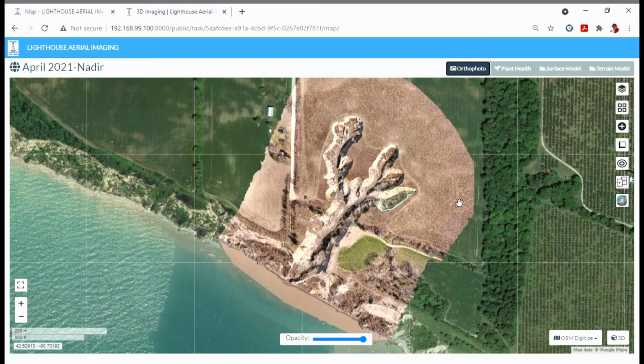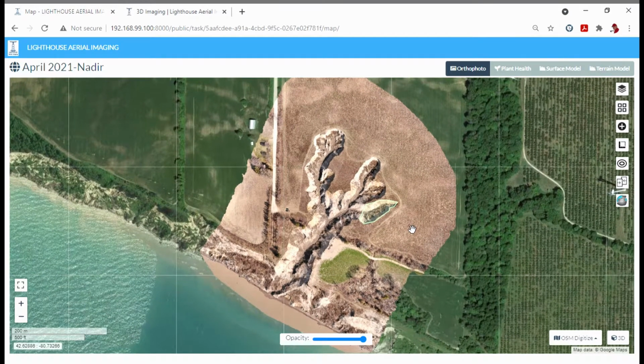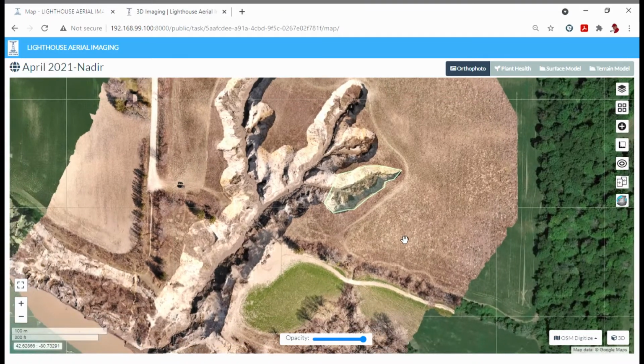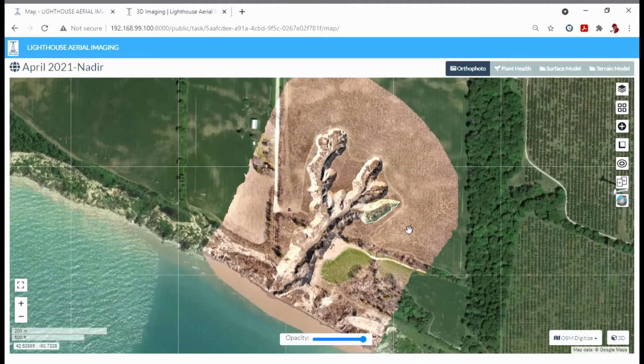So that's the ortho photos in a nutshell, and right away this can be a great value to anybody that has earth type projects that they need to keep track of. If you have, like I say, a quarry or a mine, and you've got stockpiles and you want to know what the volume of a stockpile is, this can be done really easily. Now, the other cool thing about